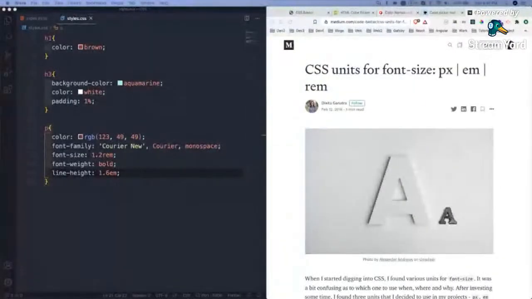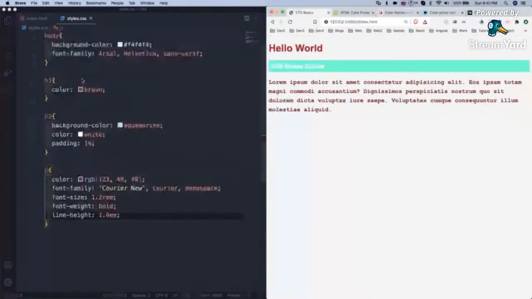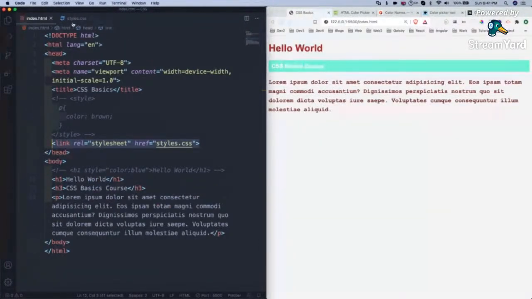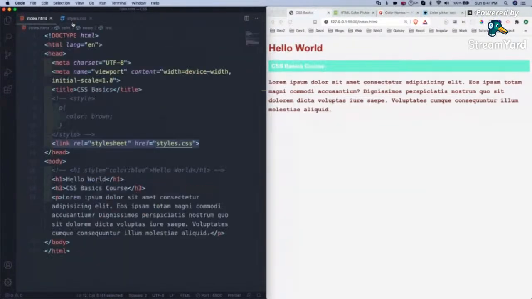So the next important topic which we are going to learn is classes and IDs. Right now, how are we targeting? We're targeting by the body tag, by H1, by P. This is not a perfect approach. Yes, we can target like this, but CSS provides classes and IDs, and we generally target by those because they are unique. Suppose I have 10 p tags in my web page, how will I target an individual one? There are ways, but the best way is to target by classes.